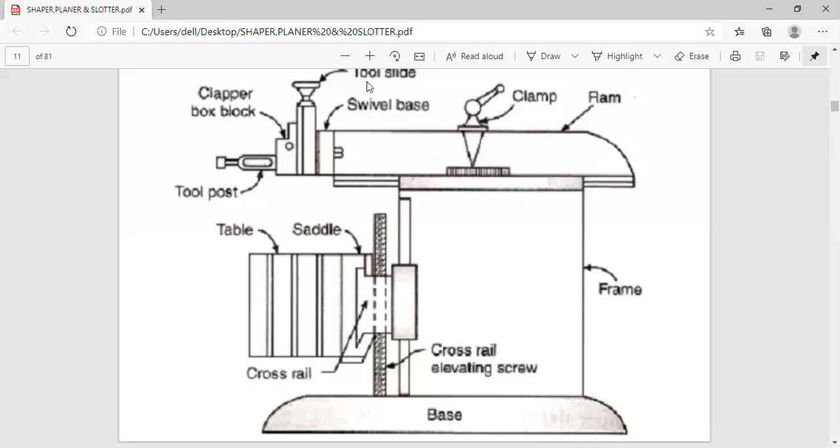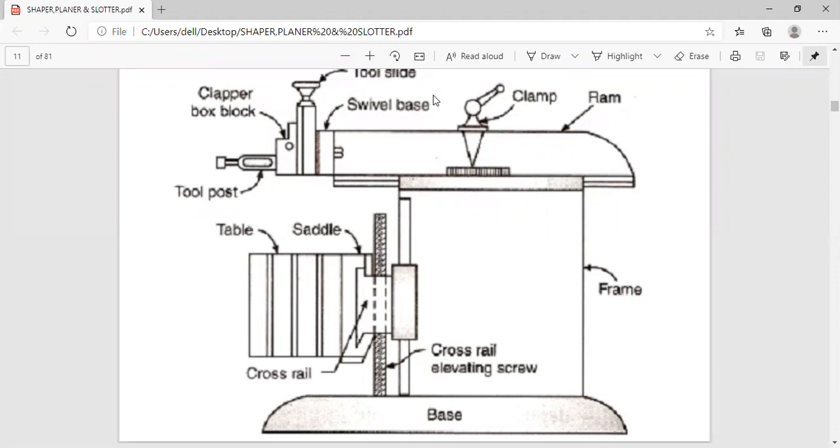So now we'll come to the tool head or tool slide. Just try to see that. So tool head, what is tool head? It is mounted at the front of the RAM. And we have the swivel base to swivel the tool slide according to the angular components, the inclined components, where you want to make the V blocks or the V groove on square blocks or rectangular blocks. So like that we have.